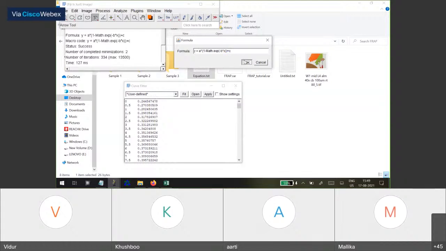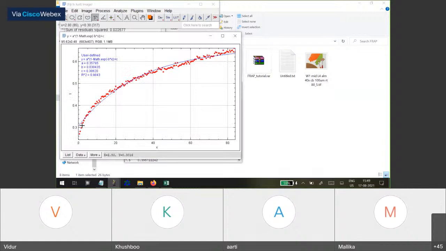Once we have this equation, you just press OK, and Fiji will do the rest and fit the best equation for you. This A is your mobile fraction. To calculate your half-life, you just have to have ln 2, which is 0.693 divided by B, which is 0.03, and that will be your half-life, which will be somewhere around 20 seconds. And finally, C is the offset. It just suggests that your y-axis starts from